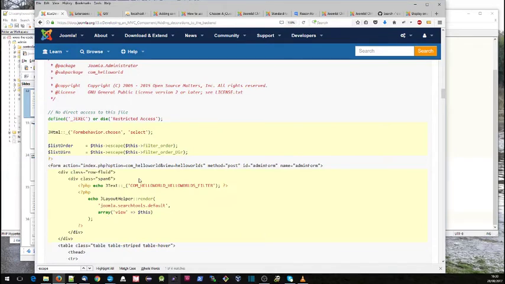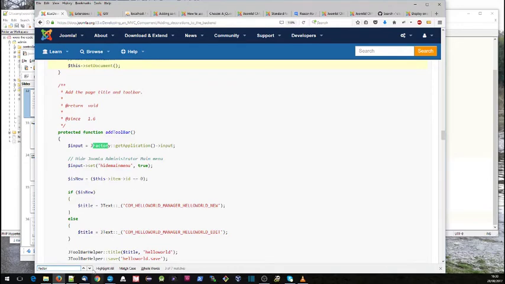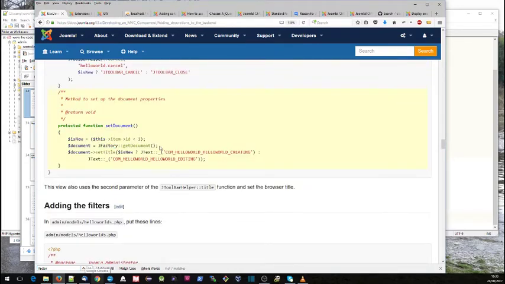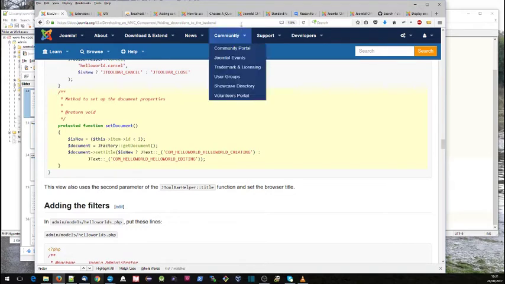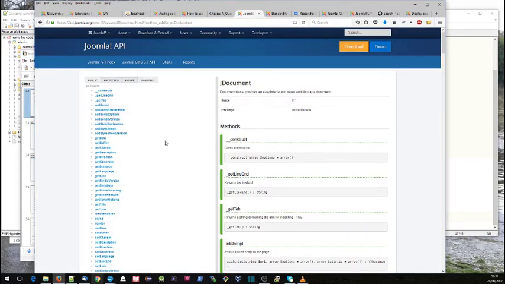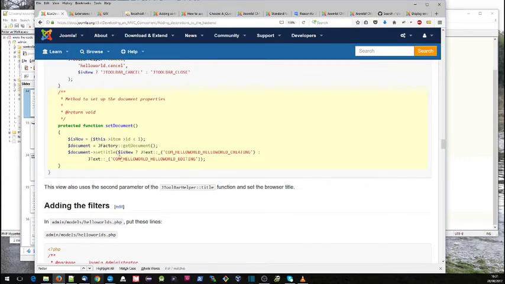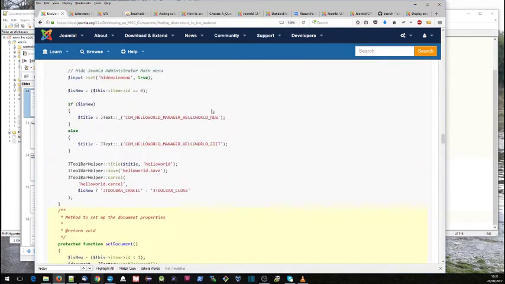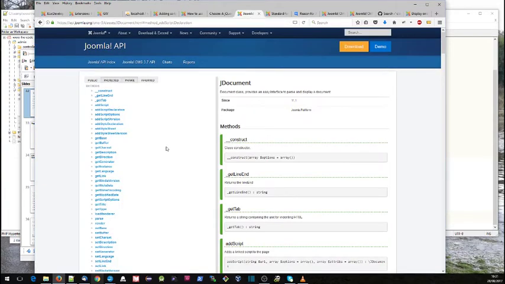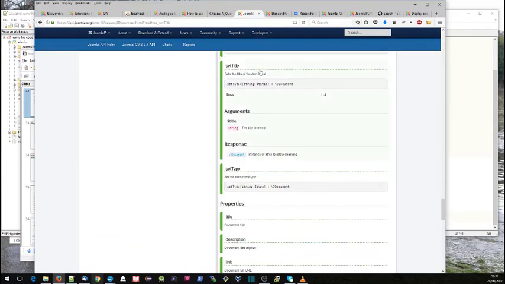So you have a couple of calls to JFactory get document, and what that will return is an object which is of a certain class, JDocument, and that object really represents the HTML document that is going to be sent down to the browser. So if you look at this, you've got a whole lot of methods for changing bits of that HTML document. So in this particular case, we are setting the title, and if you look at that under here, see set title, we'll set the title of the document, so it'll be the title that goes into the HTML header,